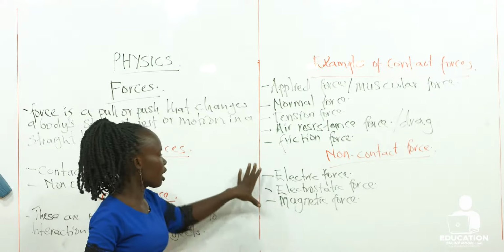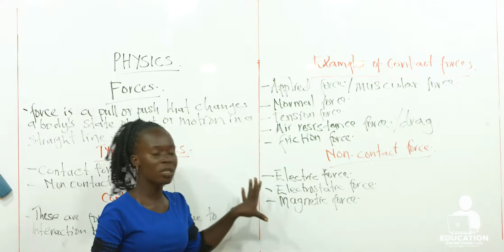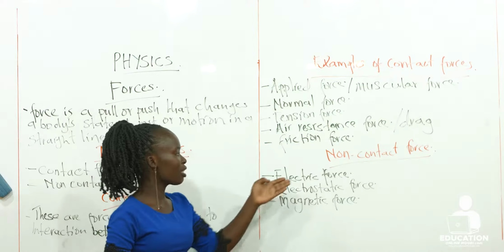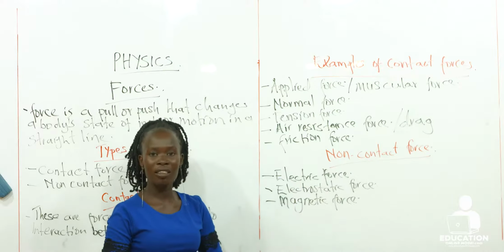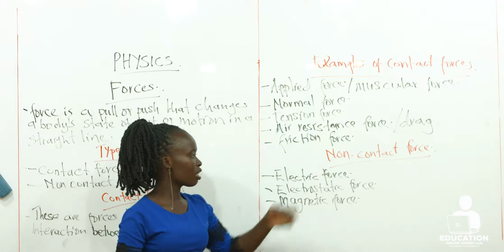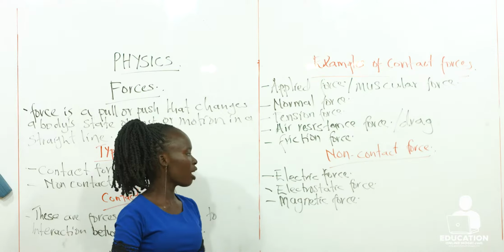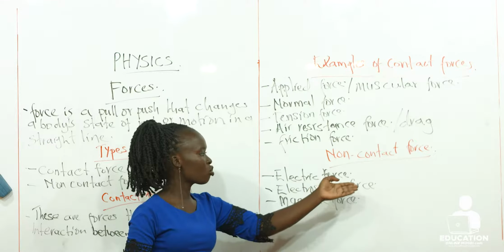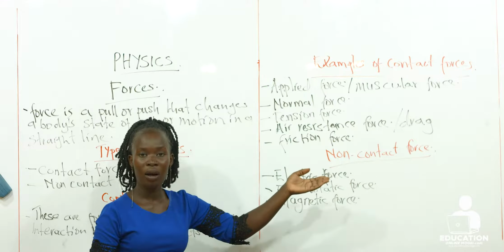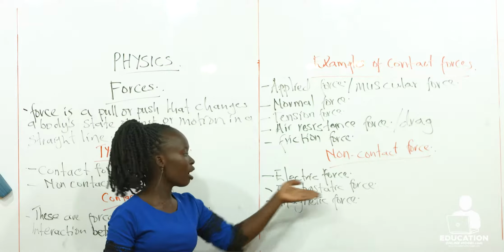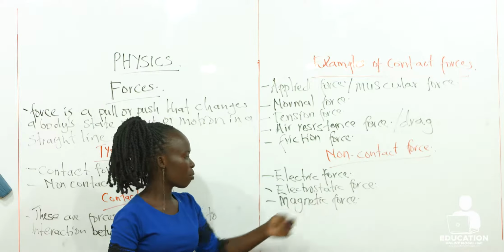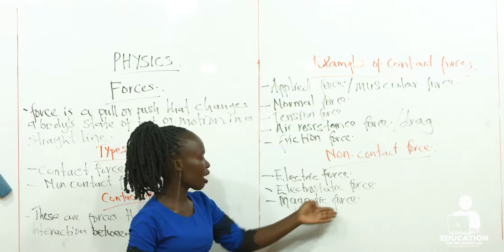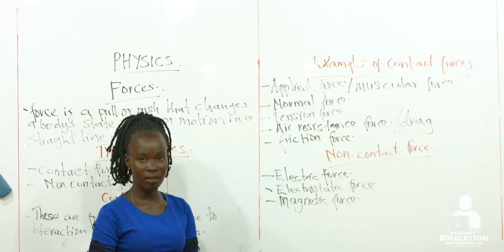So you see these three here, they almost sound alike. Because if you talk of the electric force, we are saying it is the force that is in all charged bodies. What of the electrostatic force? It is almost similar to the electric force. But the difference is that it is the force due to these charged bodies being stationary, because in motion is the magnetic. This one is at rest, but this one here is in motion, when the charges are moving from one